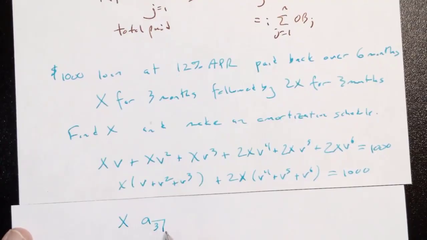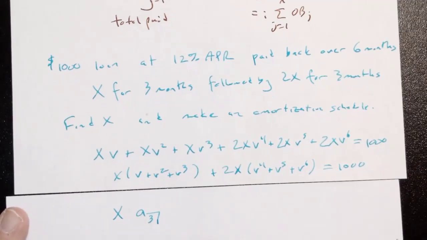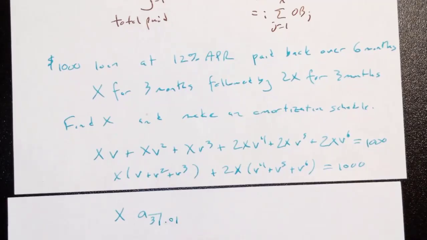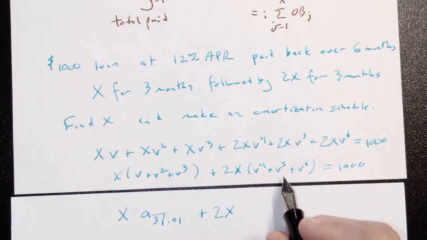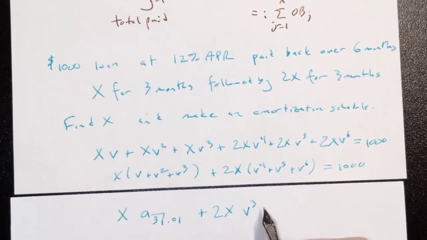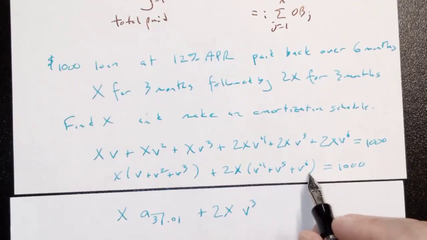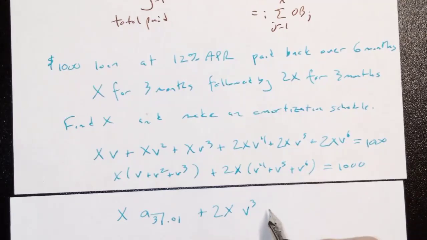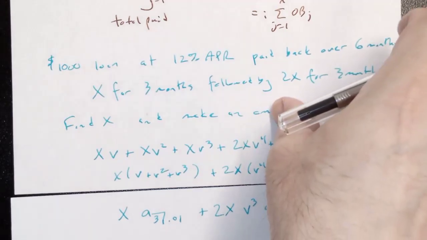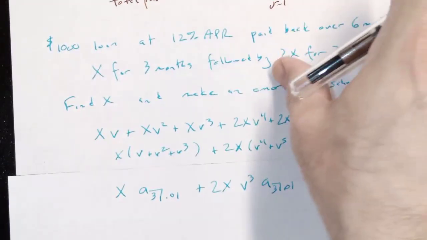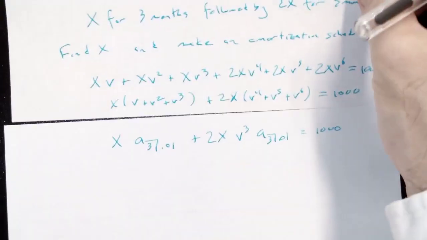A3. What's the interest rate? Because it's 12% annually, but I'm converting to monthly. Yes. Plus 2X. Hey, wait a minute. If I write V cubed, then this will be V squared, V to the third, won't it? Beautiful. I now have an expression where I can figure out all the numbers,